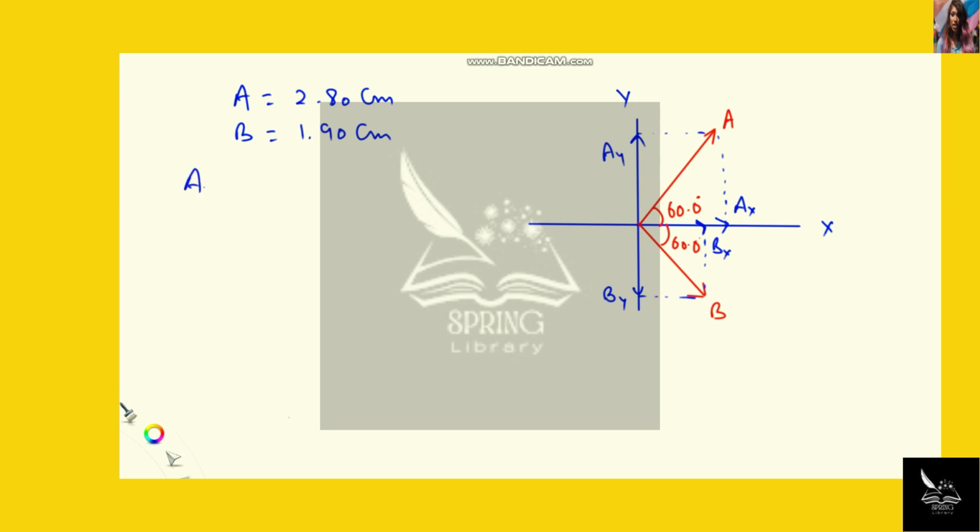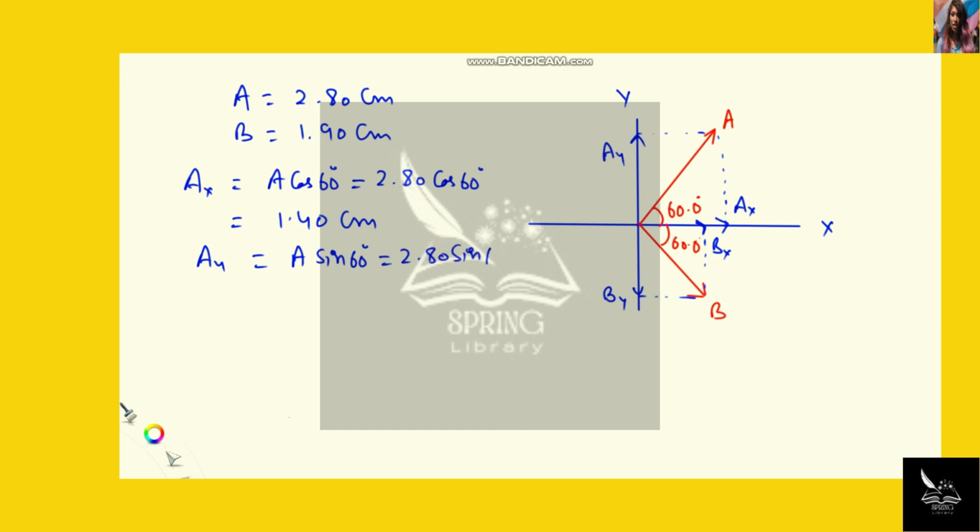So AX, that is A cos 60 degree means 2.80 cos 60 degree calculated to be equal to 1.40 centimeter. Then AY, this is A sin 60 degree means 2.80 sin 60 degree, and it is calculated to be equal to